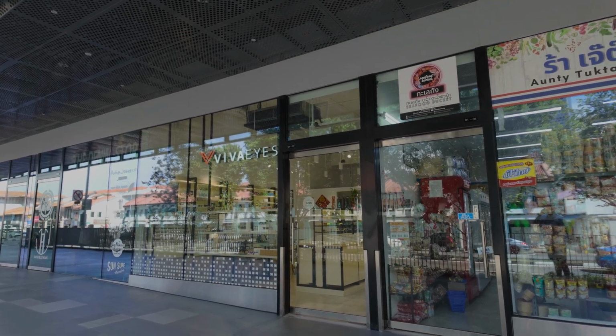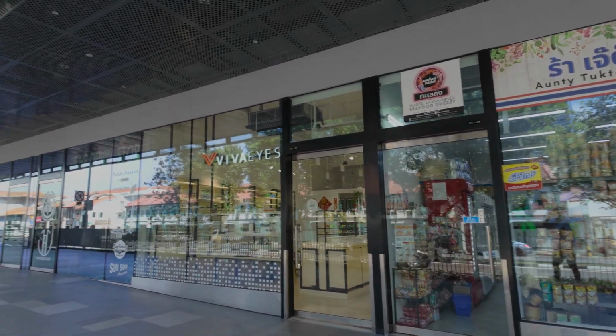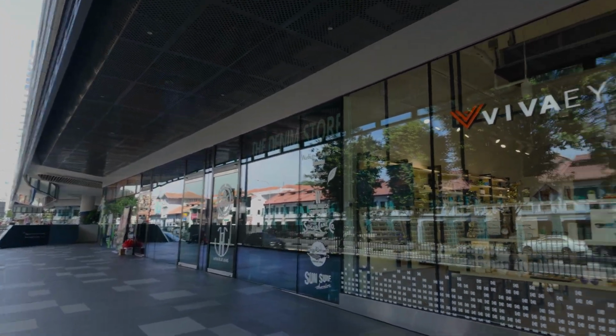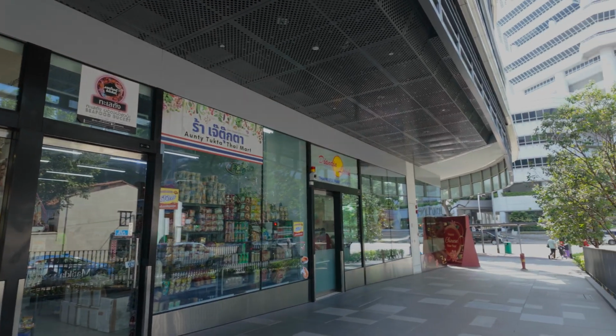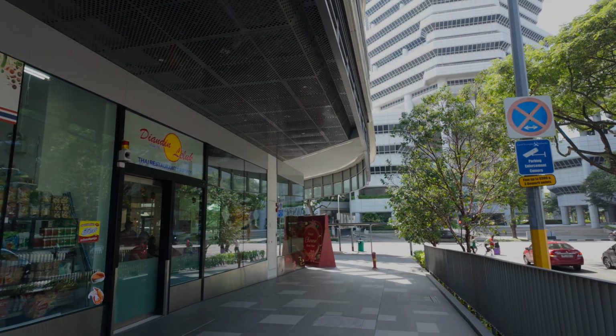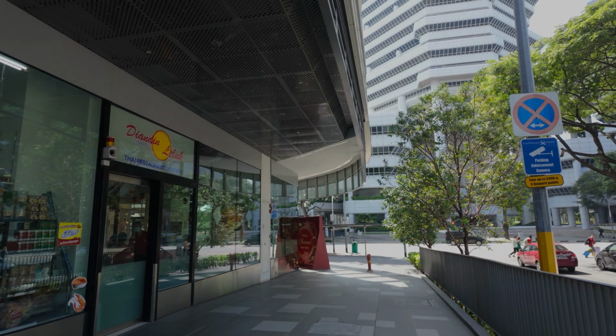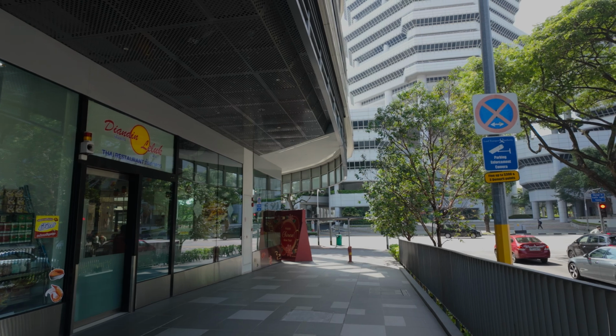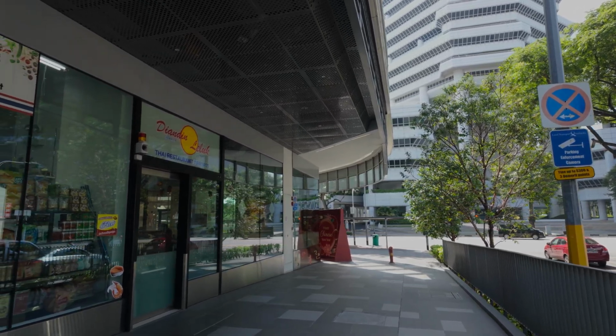So we see there's a jean shop here, some clothing shops. I like this Thai place called Dian Din Laluk. It used to be at Golden Mile, which is not too far from here, just across the road. But since that building closed down, a lot of the businesses came over to